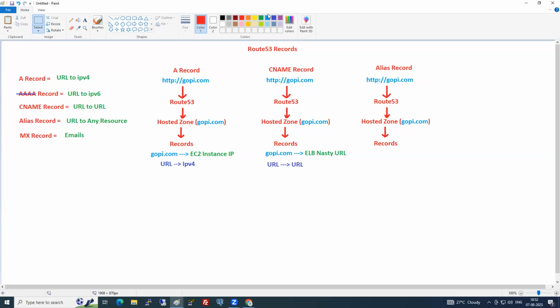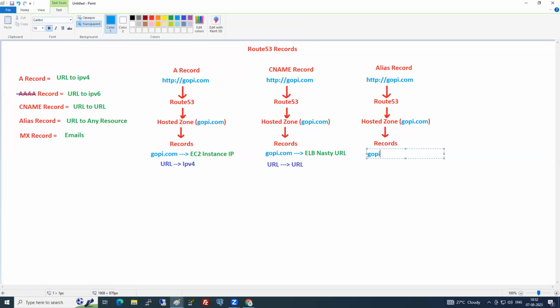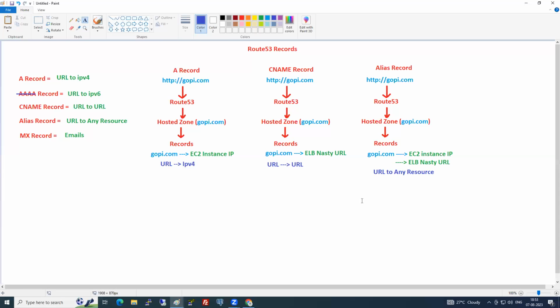So if you go with alias, for gopi.com you can point either to the EC2 instance IP or to a URL also, meaning any resource, like the ELB DNS URL. Got it? So this is URL to any resource.